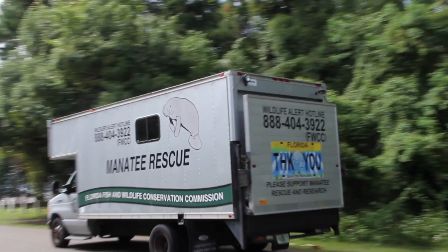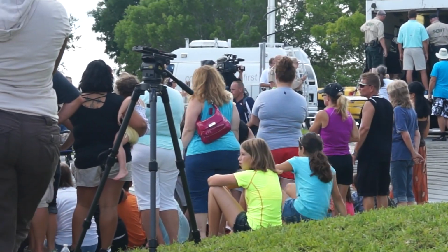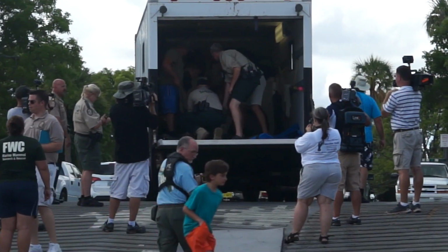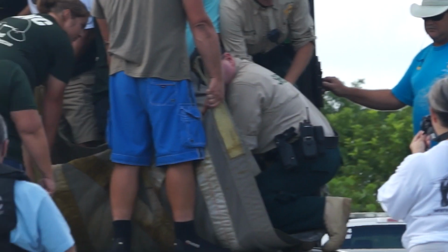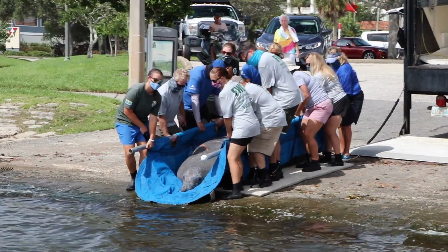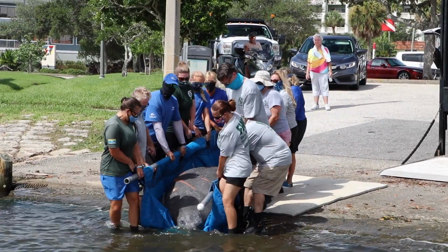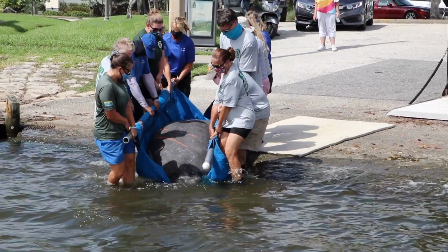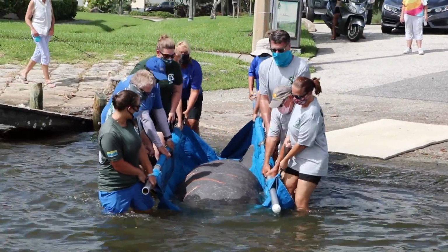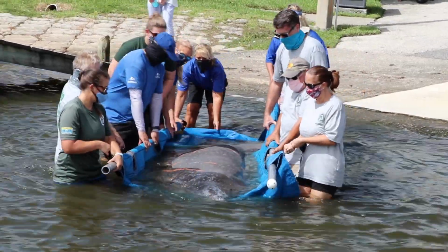Next, the transport team meets the release crew at the release location, where they're sometimes greeted by a crowd of excited citizens. Biologists will open the truck and help the manatee care team move the manatee out to a soft foam mat. We take additional final pictures for photo identification purposes, and then the team, which includes the citizens that reported the manatee, local and FWC law enforcement, FWC biologists that conducted the rescue, and the rehab facility's animal care team, carry the manatee in the stretcher down the ramp into deeper water, where it is able to swim freely